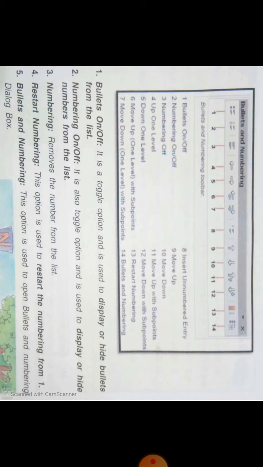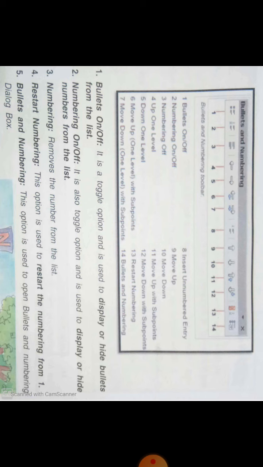Icon 4, restart numbering. This option is used to restart the numbering from 1. Icon 5, bullets and numbering. This option is used to open the bullets and numbering dialog box.